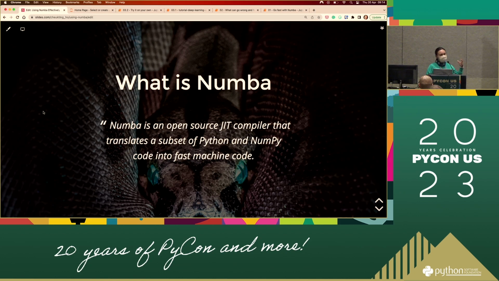It translates a subset of Python code, so translating code has something to do with compiling. The compiler part already told you that it's doing some compiling. And so a chunk of your code will become low-level code, which is faster.